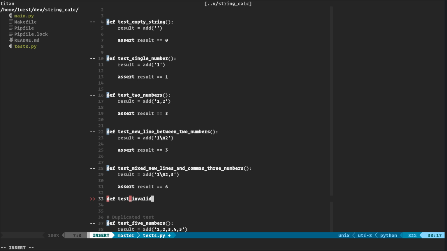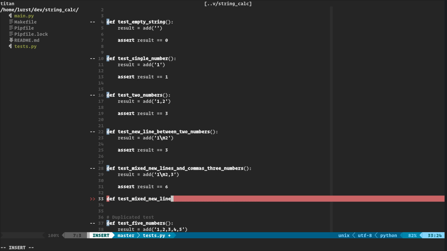So this will be mixed new line and comma, one number.